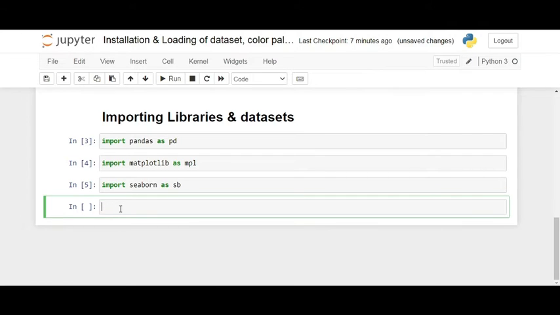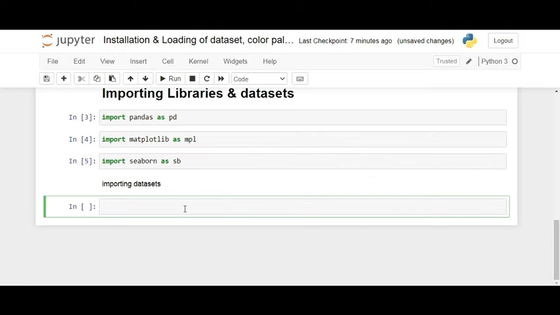So now we'll start with importing datasets. The next part is importing datasets. I will use it as a markdown and then run it. Importing datasets. Here, Seaborn comes with a few important datasets in the library.